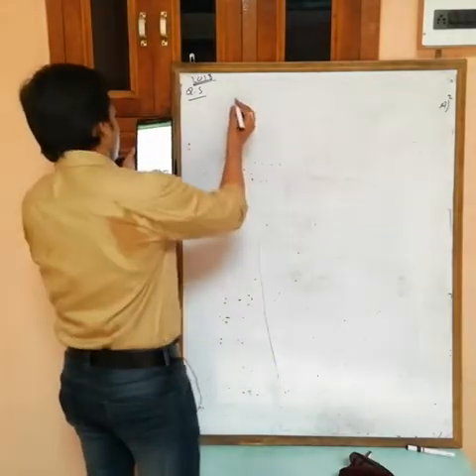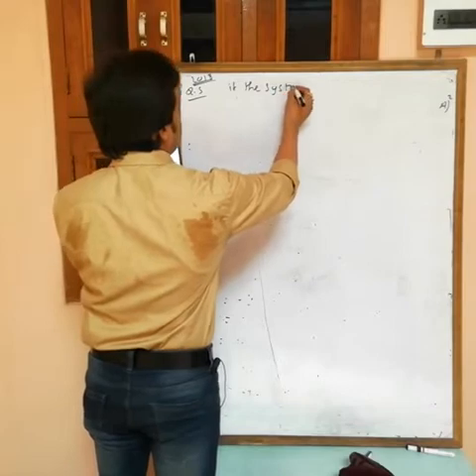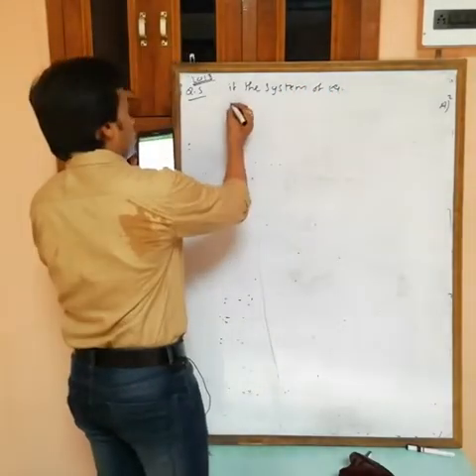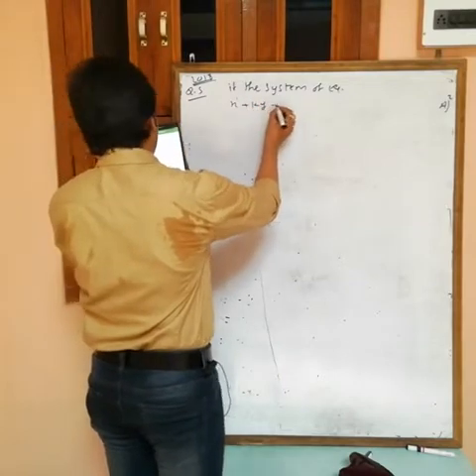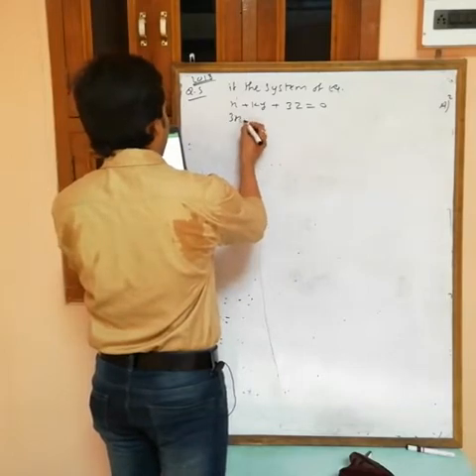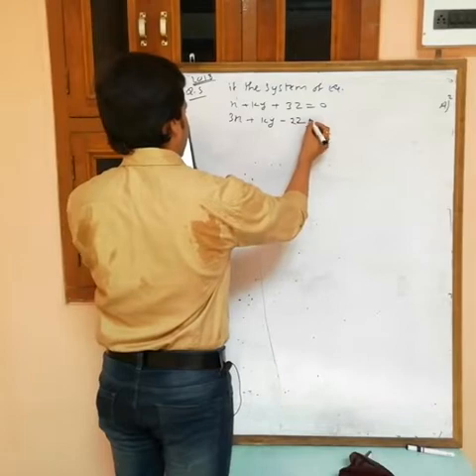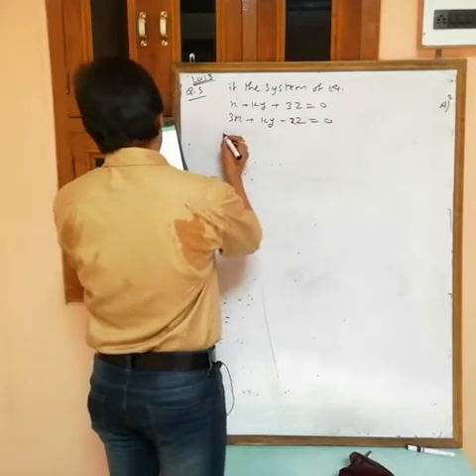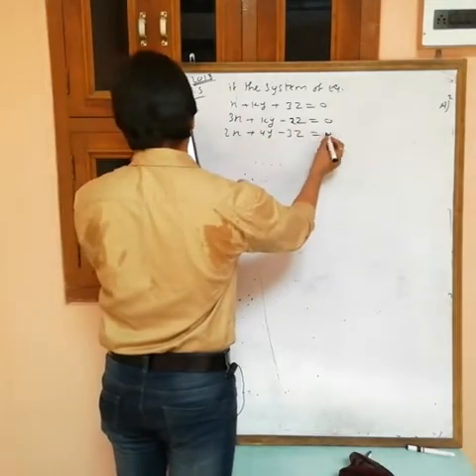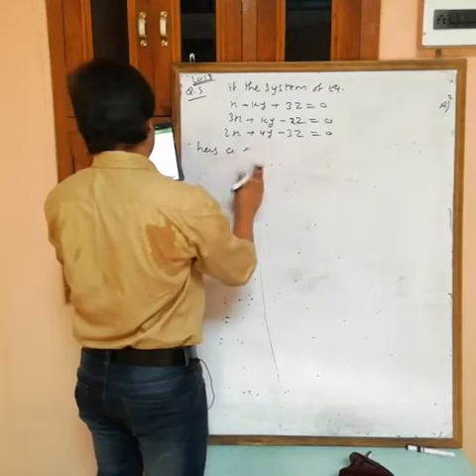If the system of linear equations x + ky + 3z = 0, 3x + ky - 2z = 0, and 2x + 4y - 3z = 0 has a non-zero solution,